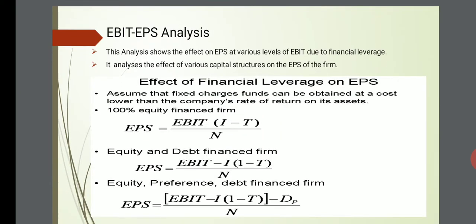The next very important point we are going to discuss is EBIT-EPS analysis. This analysis shows the effect on EPS at various levels of EBIT due to financial leverage. It analyzes the effect of various capital structures on the EPS of the firm. So EBIT minus I is equal to EBT, minus tax is equal to PAT, profit after tax, minus preference dividend is equal to equity earnings, and equity earnings divided by the number of equity shares is